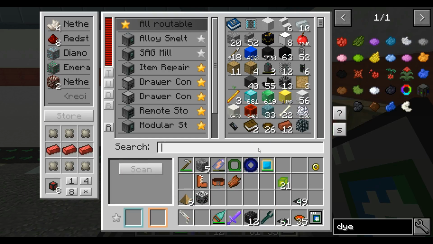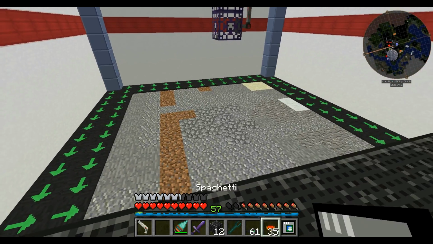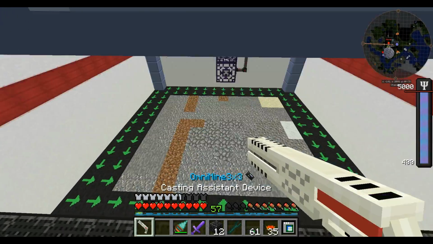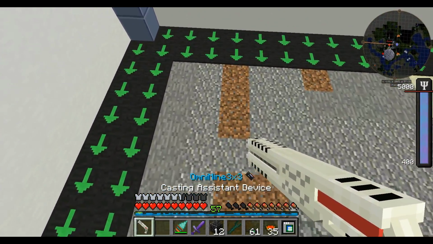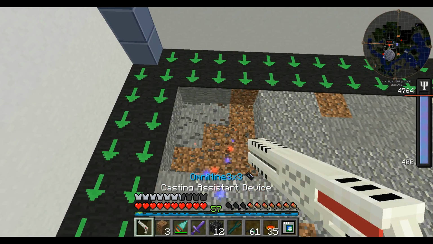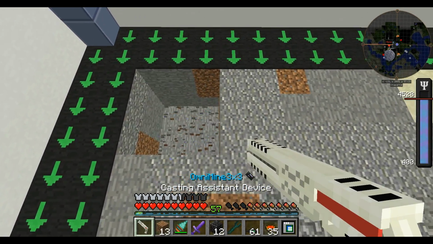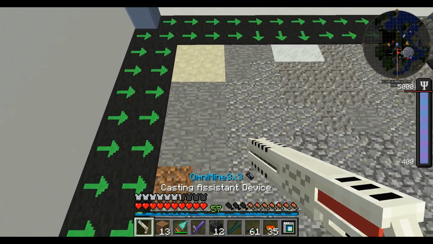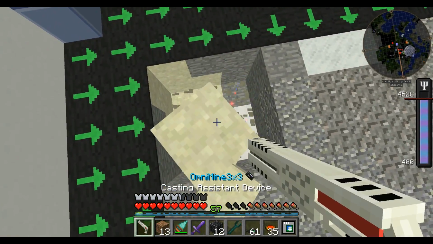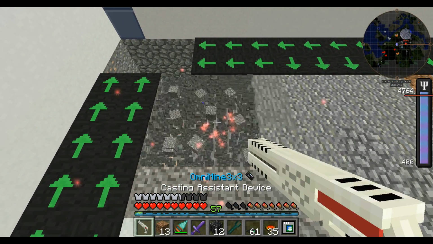I need lots of cobble. In fact, I don't need lots of cobble because I'll be able to fill that hole in just a second. I want to come down 3? No, just, yeah. I need to come down 3. Come down 3, and then